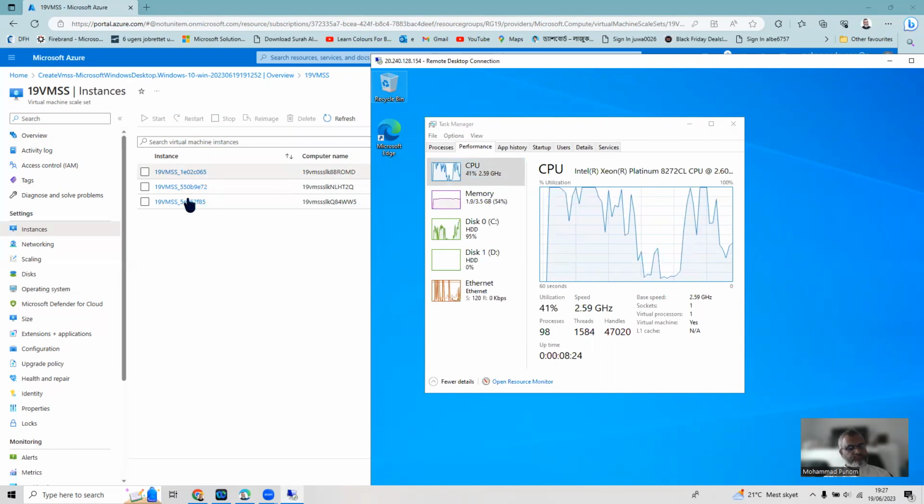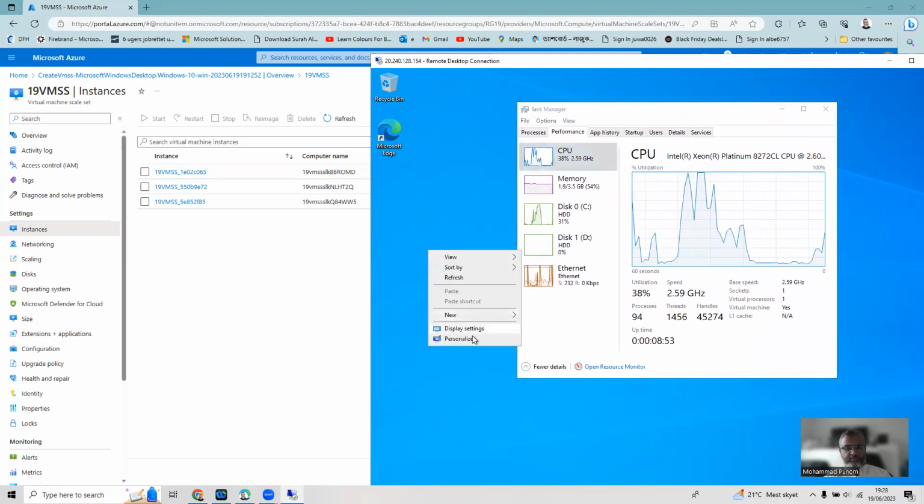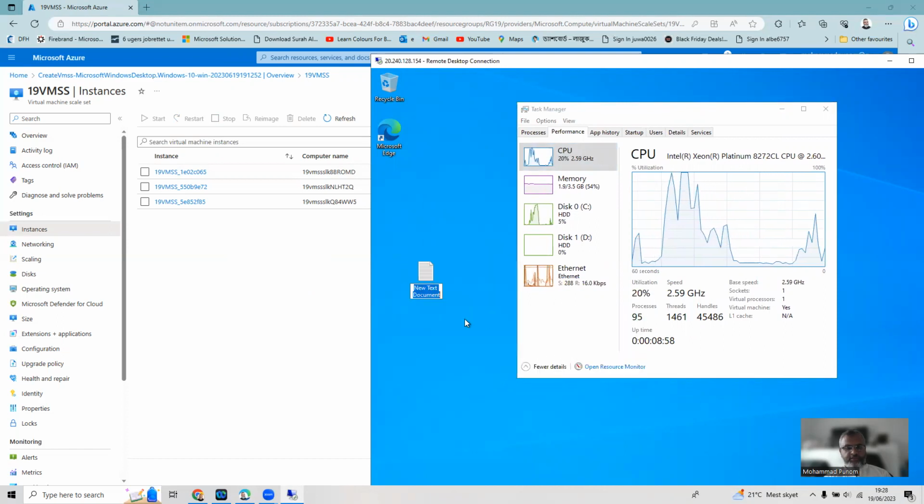And we might wait a few minutes, and we can see that after creating this third machine, it will decrease automatically because we are not giving any extra workload. Then if we give any extra workload, it will start creating the next machine. Maybe I can give an intentional workload here, like I create one text document like